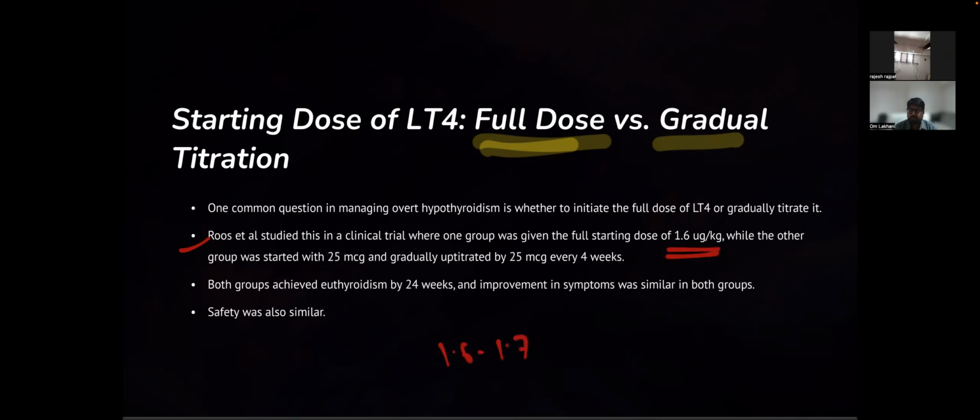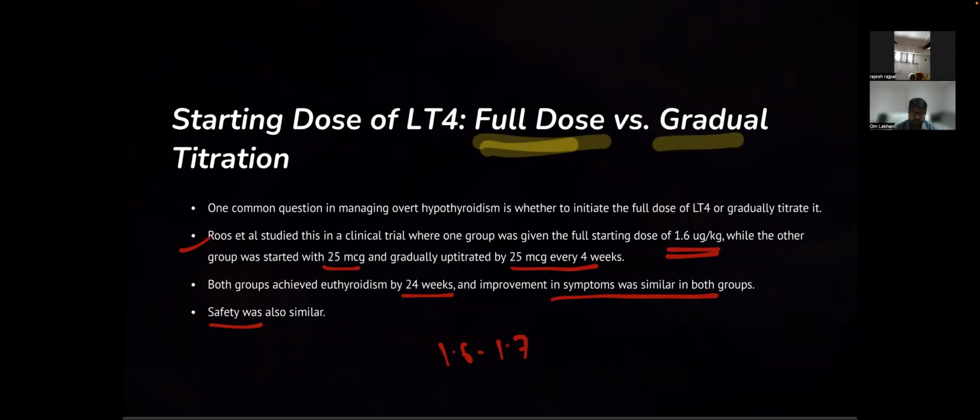So they compared 1.6 microgram per kg versus starting on 25 microgram and gradually up-titrating every 4 weeks. Right? So that is what they did. And at 24 weeks, they found that improvement of symptoms was similar in both the groups and safety was also similar in both the groups. So their conclusion from this paper was that instead of waiting and gradually increasing the dose of levothyroxine from 25